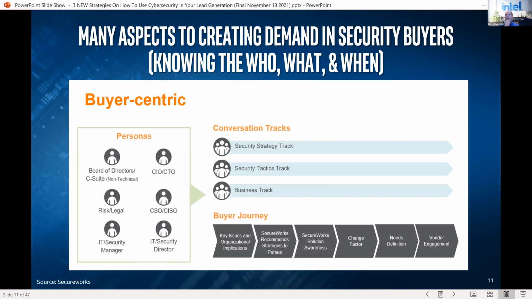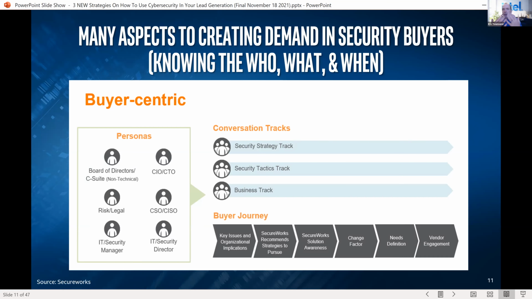So if we talk about the who, some people say there's these different personas out there. A lot of people say, oh, it's the CISO. And I'm like, well, that's one person. Yes. But in a lot of organizations nowadays, the CISO is not the chief technology officer. It used to be that, but now security is so important, it's going to sit over here, right? The CTO, the person that's looking at the technology buying, it's their person. You've also got the business people in there, board of directors.